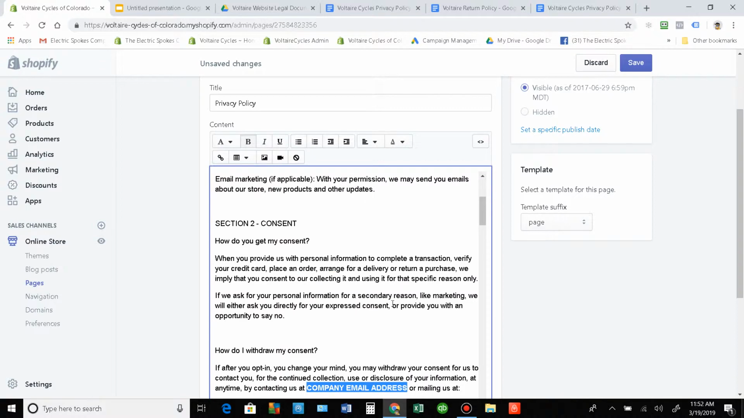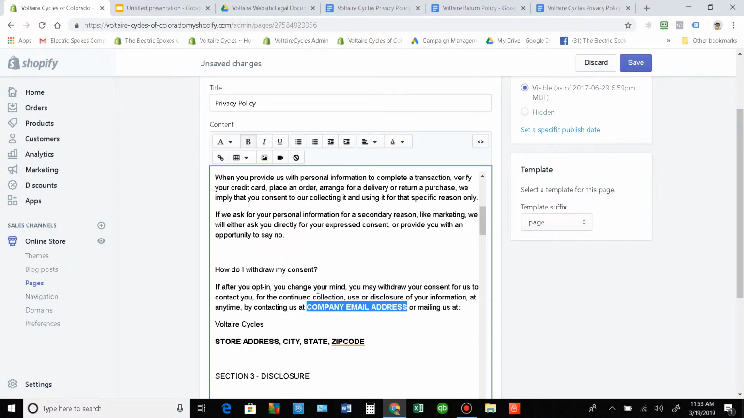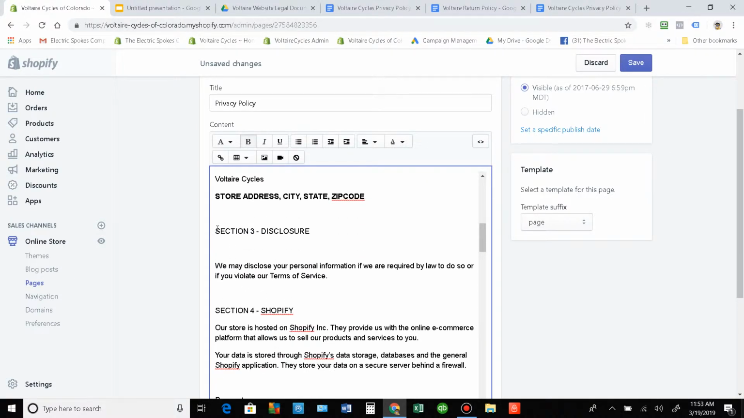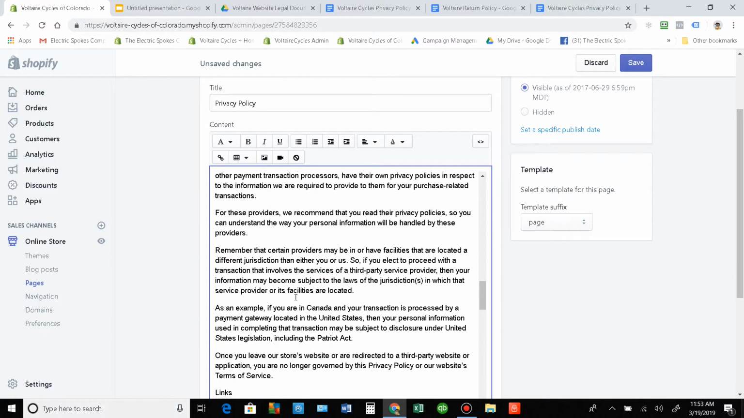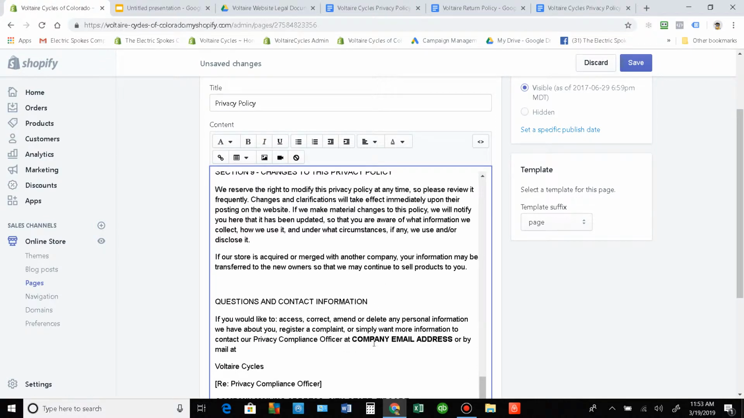And also formatting. You may choose to bring these paragraphs closer together. You want to make sure that your sections are all in all caps, so that your syntax is consistent throughout the document. And finally, most importantly, make sure that you have your store's info